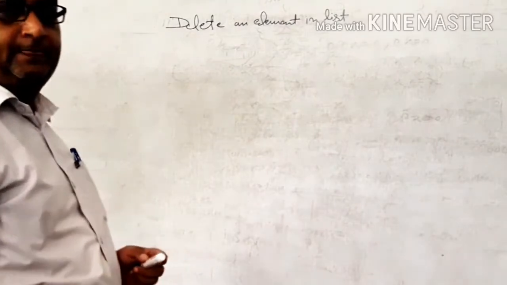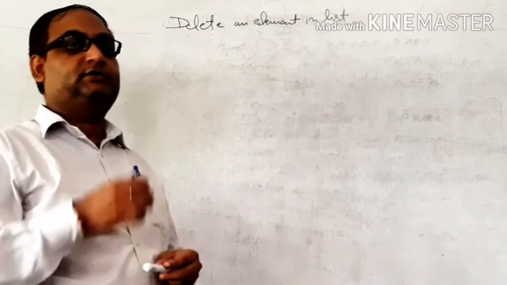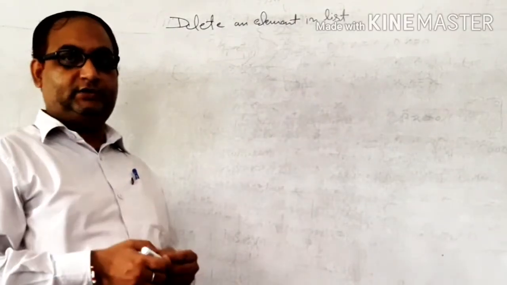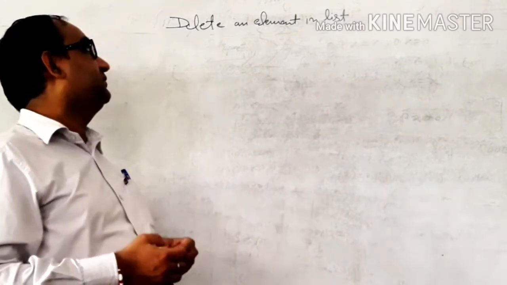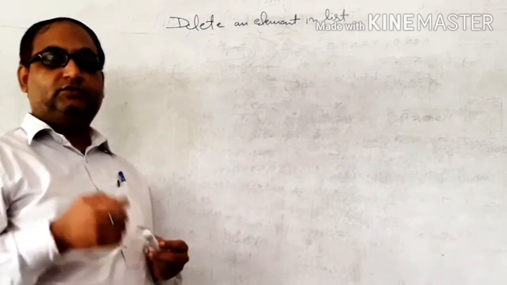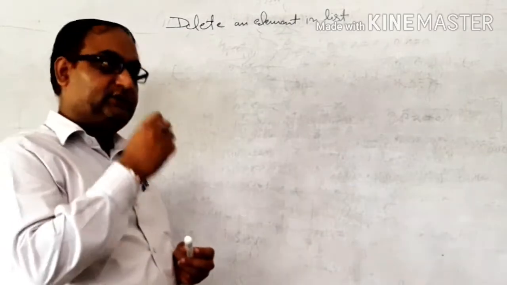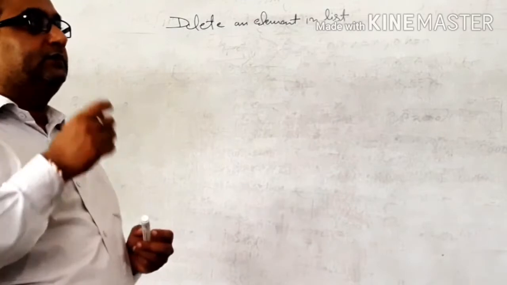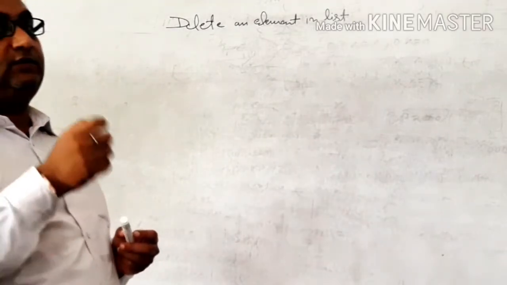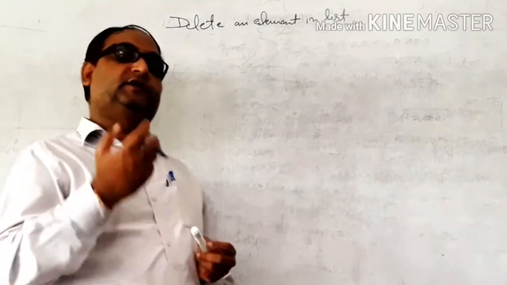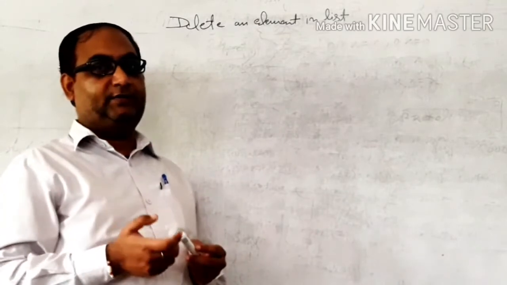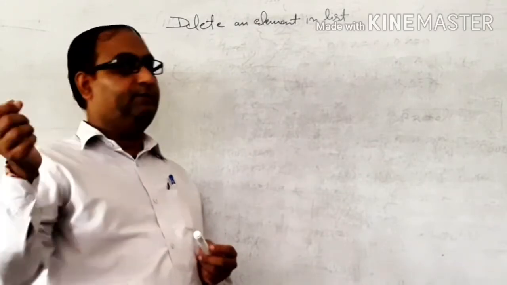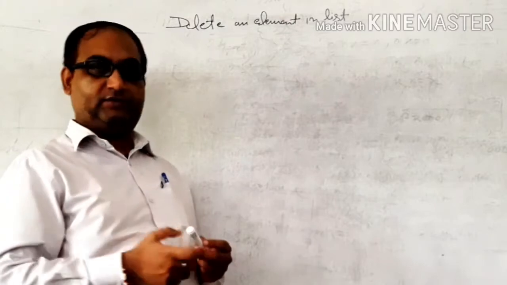And now today, after inserting the element in the list, we have already seen the program. Our next point is to delete an element in the list. That is also very easy. First of all, you can search for the element which you want to delete. Second point, after searching, we can use the binary search. Then we can use the function del with the list and the position, so you can delete that particular element.